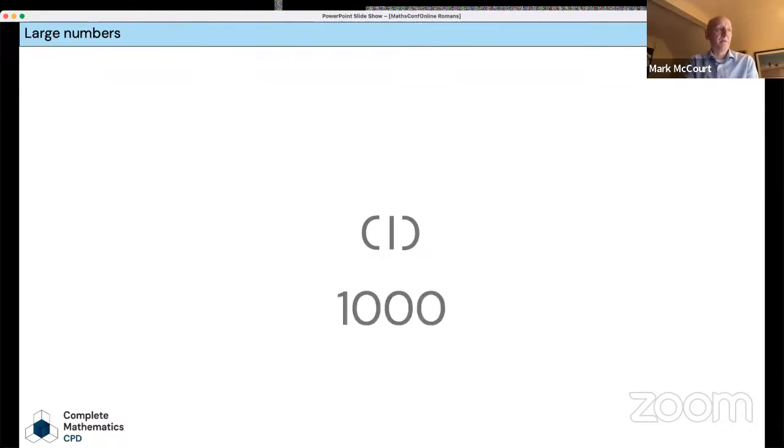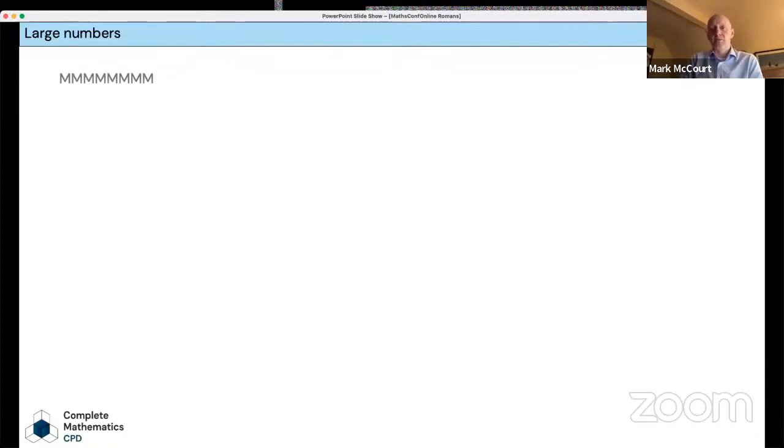If I put more apostrophuses on either side, this is 10,000. More apostrophes, 100,000. So apostrophus is a way of allowing us to write really large numbers. And the Romans did write really large numbers, particularly when they were talking about traveling from place to place, and talking about Roman miles. If I wanted to write 100,000 in the standard way, well, I have to do this,